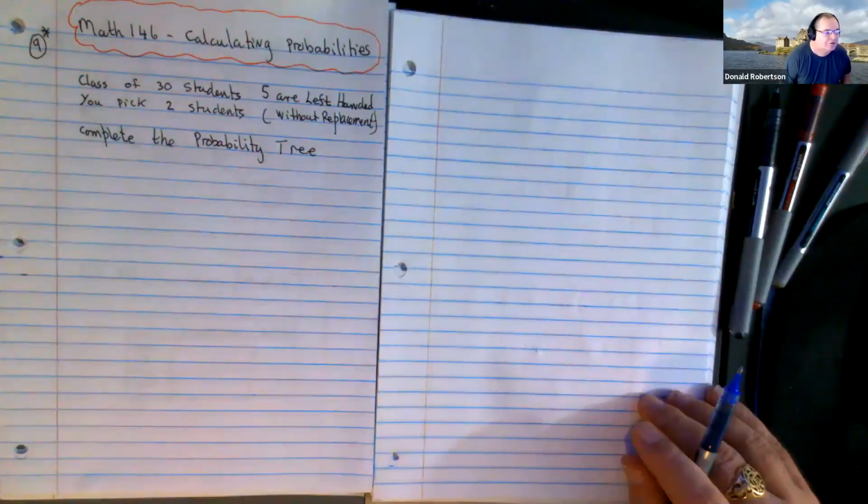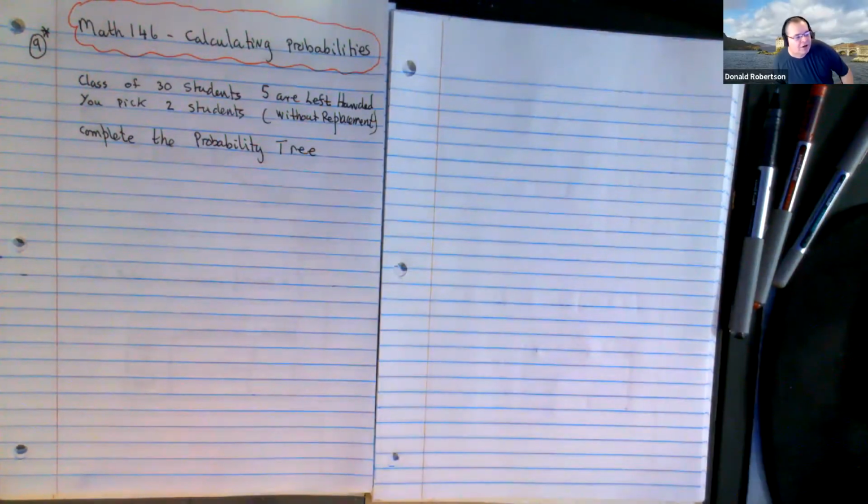So what I've got here is a version of question 9. This is a kind of condensed version of what it says. There's a class with 30 students in it. 5 are left-handed, and you pick 2 students. Now, they don't say without replacement, but if you're picking 2 students, would you agree, if you pick a student,